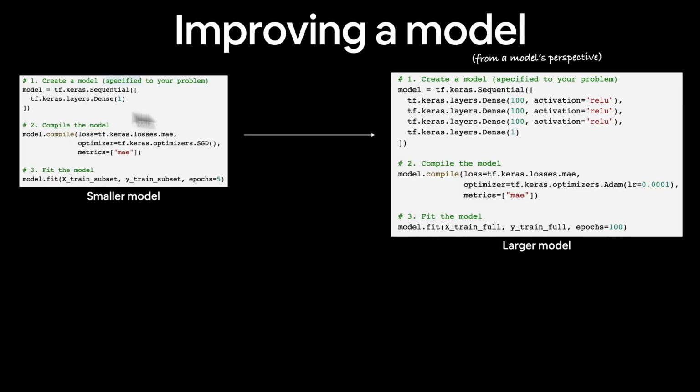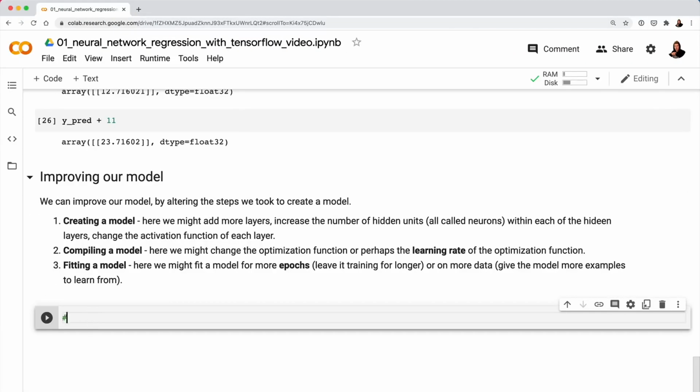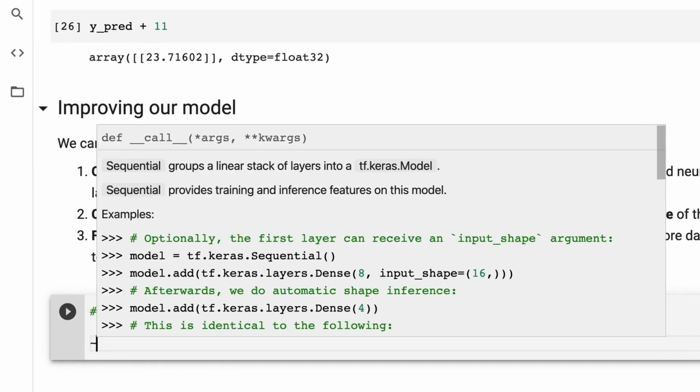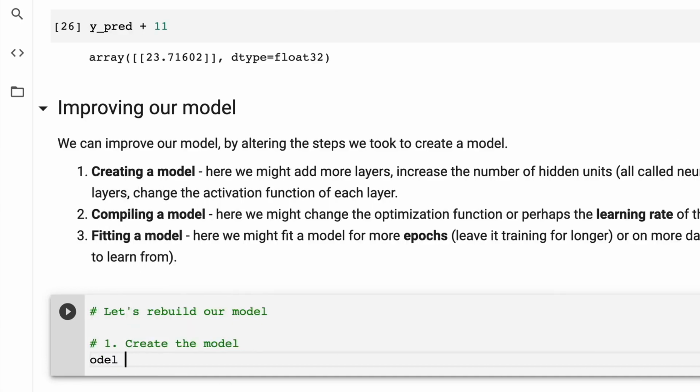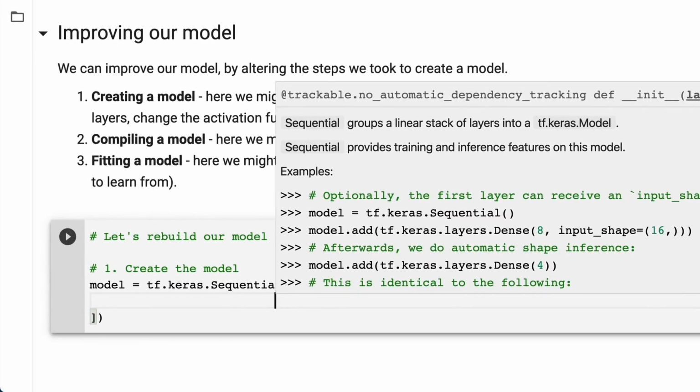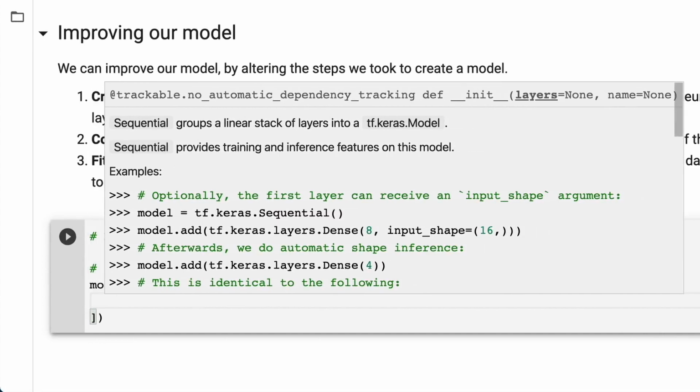So this is a very similar model to what we've built. Let's do one upgrade to it by letting it look at the training data. Rather than 5 times, let's let it look at the training data 100 times. So if we come back, let's rebuild our model. So number 1 is create the model. Again, you could scroll up if you wanted to, but I'm just going to recreate the same model we created before, tf.keras.Sequential. And if you can't remember each of the 3 steps, so create the model, compile the model, fit the model,